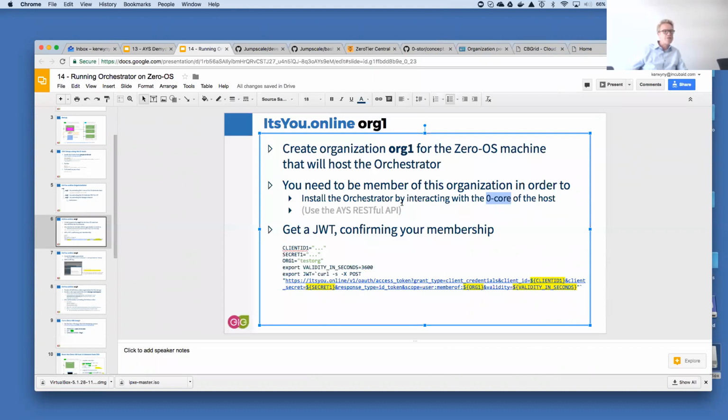Now, what I also specify here is another reason today, another reason why you need to be member of this organization, but this will change in the future. That's why I already greyed out, is that in order to use the AOS RESTful API, you will see that, that you need access there too. Now, let me tell you, normally you don't need access to the AOS RESTful API.